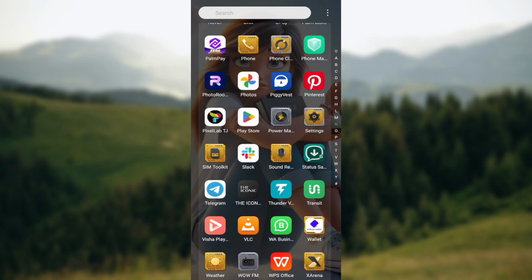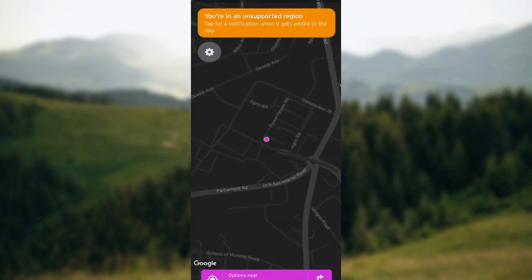The first step is to log in to your Transit application, and then the second step is to connect your existing bike share account. Now you can see on my screen that I am currently in an unsupported region, and due to that, there are some features that will not be available to me, such as connecting my account to a bike share account. Okay, but for you, once you're on your home screen, you would see some options, you would